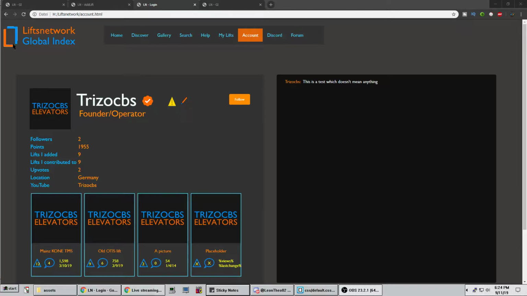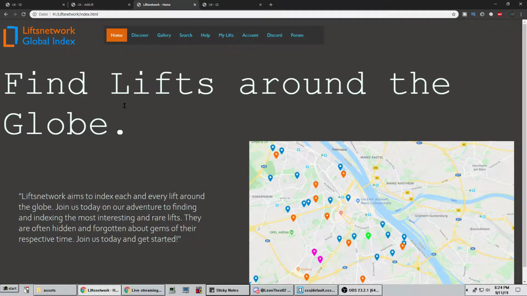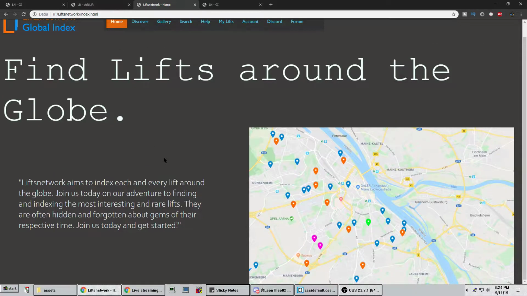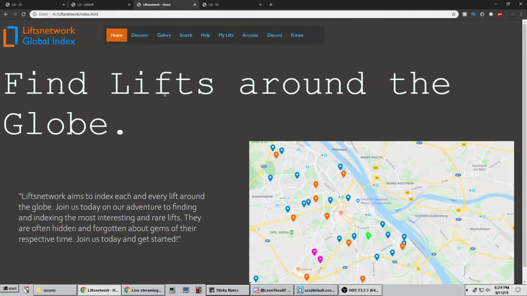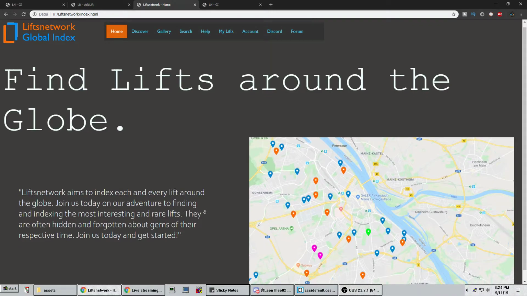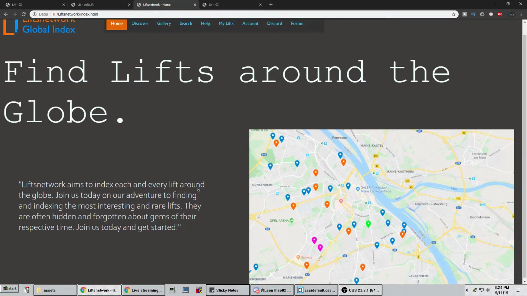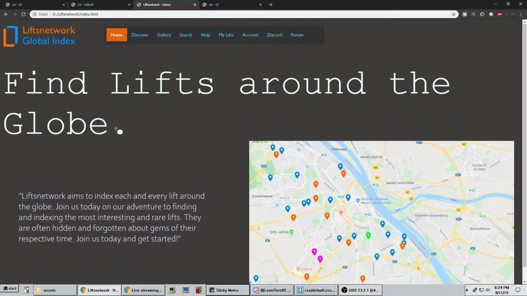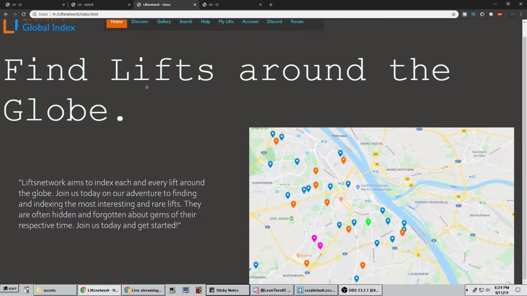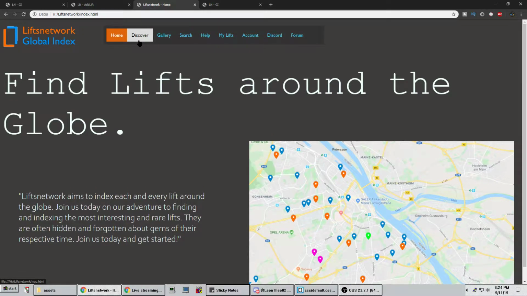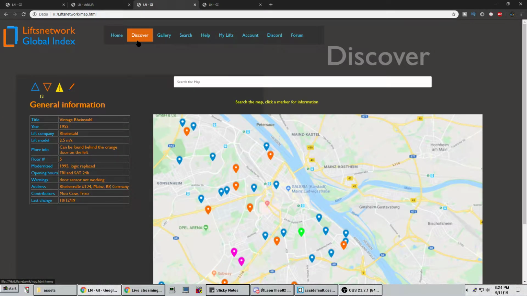I guess let's go to home. So we now got the pages scrolling, which is really nice. I still do need some more things down here, but that's how it looks right now. It's scrolling really nicely. That is absolutely beautiful. So then we got this cover, which is a sample page of how a lift page will look. So if you press this right here,